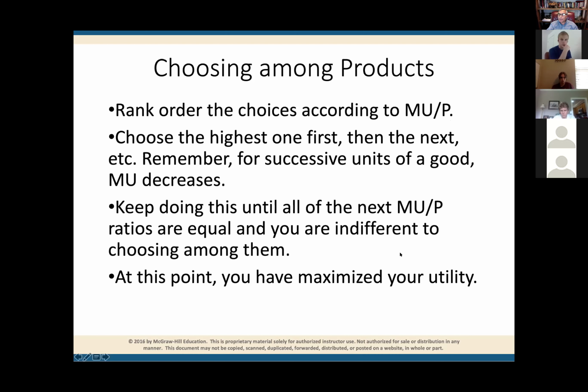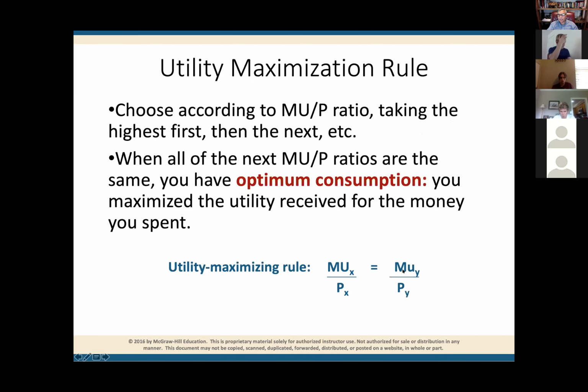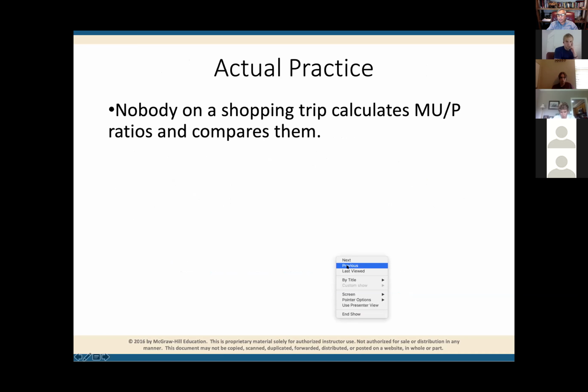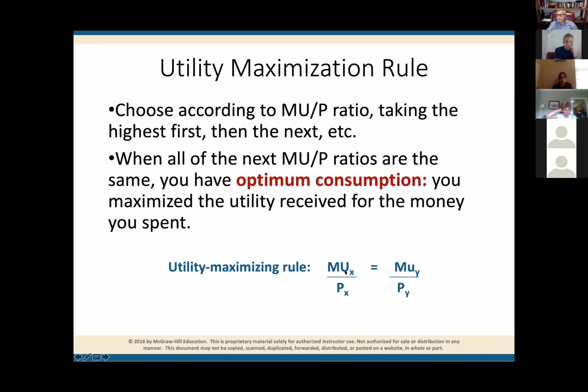Because our goal is to maximize my utility. That's my goal. I want to maximize pleasure or my satisfaction. So then my optimal consumption is always going to be where the marginal utility of product X divided by the price of product X is equal to the marginal utility of product Y divided by the price of product Y, which simply means that the utility that I'm going to get of a product divided by its price is going to be equal to the utility of a second product divided by its price. That's consumer equilibrium.